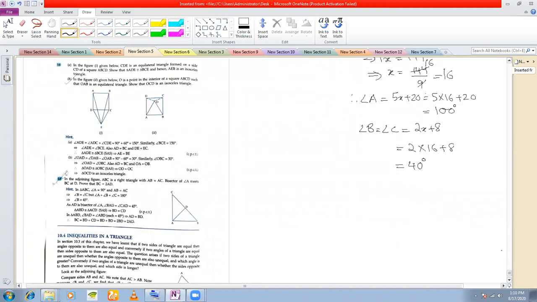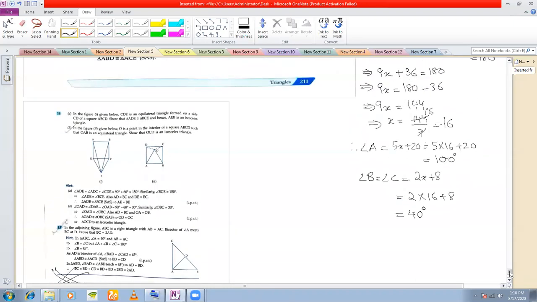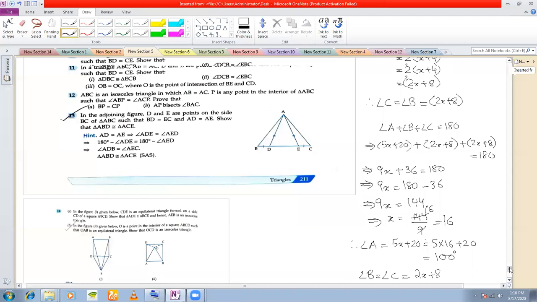So this chapter on triangles is over. Inequalities in a triangle, this part has been excluded from your syllabus. This part is no longer there in your syllabus. So we will not go into it. The chapter on triangles is over. Next, I want to start with coordinate geometry. I have 4 minutes left. So should I start tomorrow?